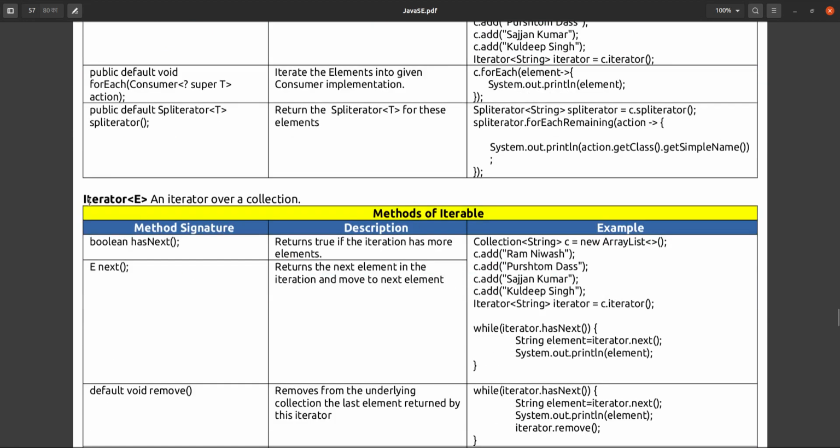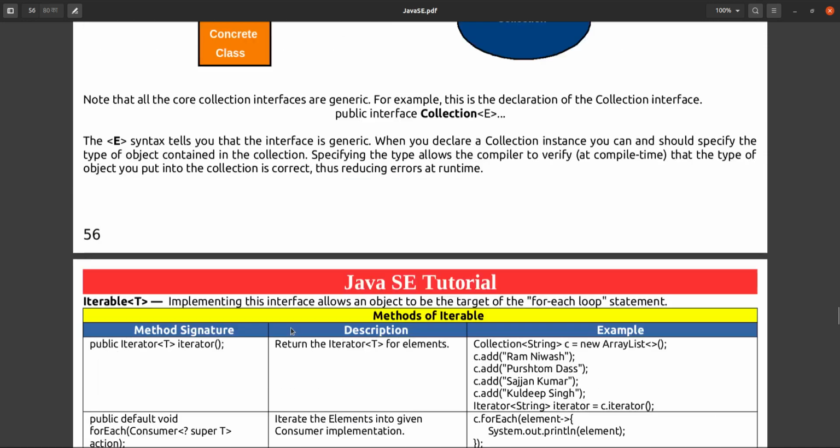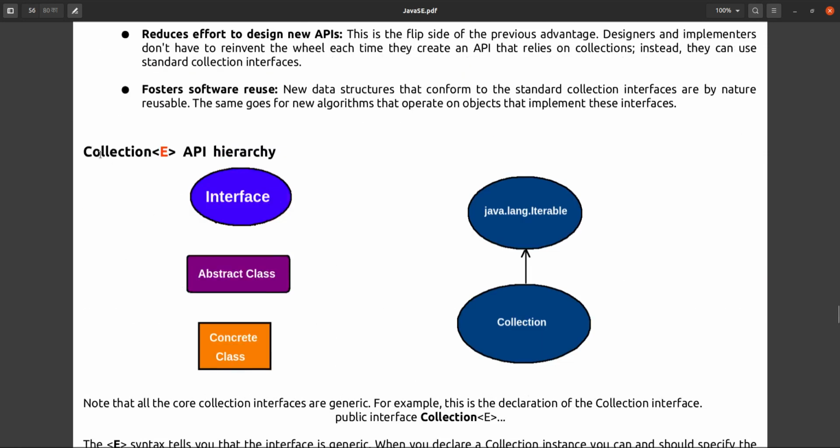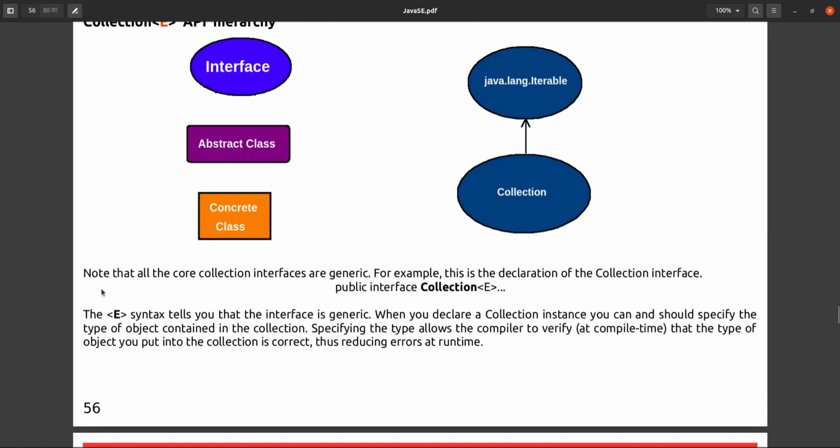This Iterable, and from this Iterable we are getting Iterator also. So this is the Iterator, that is our generics. See all the collections, if you see the Collection API, the syntax tells us the interface is generic. All the collections or subtypes of Collection are generic. We have already seen what generics is.